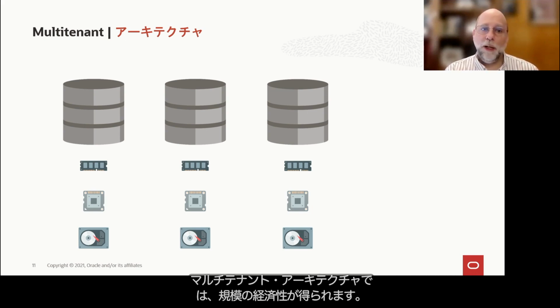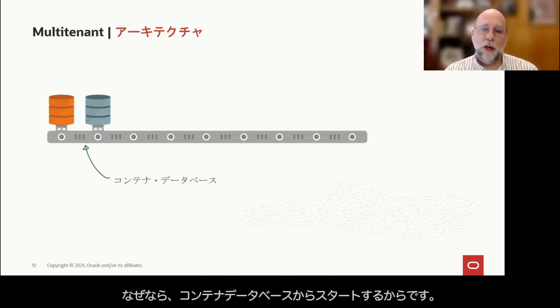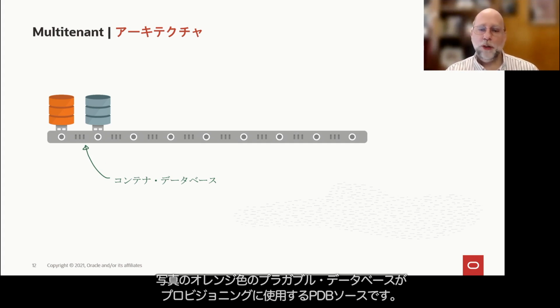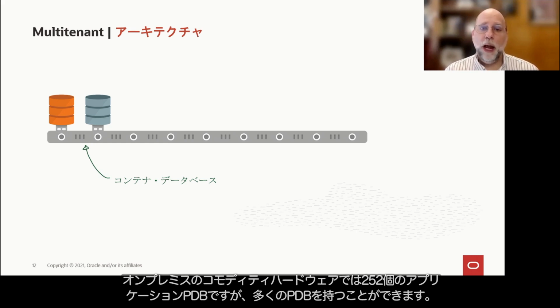Well, in the multi-tenant architecture, we get some economies of scale here because you start with a container database. That's your backplane of kind of in-database virtualization for Oracle Database. And the orange pluggable database that you see depicted there, that's our PDB seed that we use for provisioning. All the other pluggable databases are what we'll call application PDBs. And you can have many of them, as we saw, up to 252 application PDBs in an on-premises commodity hardware